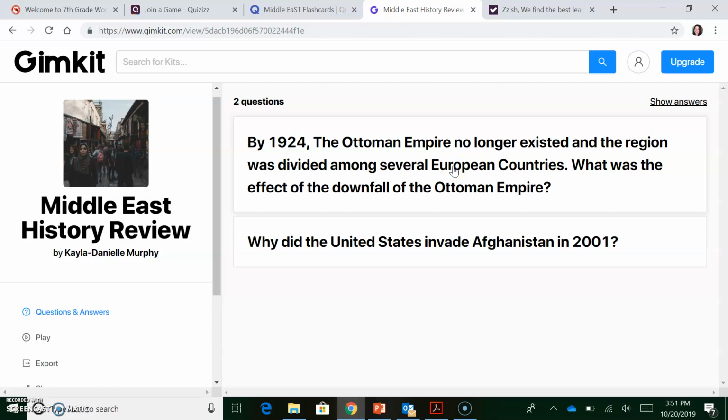So again, GimKit's a great option if you really like Kahoot, but you don't like how it doesn't really accommodate the needs of students and help them master their learning, versus just competing to be the first one to finish and get the most points. GimKit is your best bet. In my opinion, it's Kahoot the way it should have been.